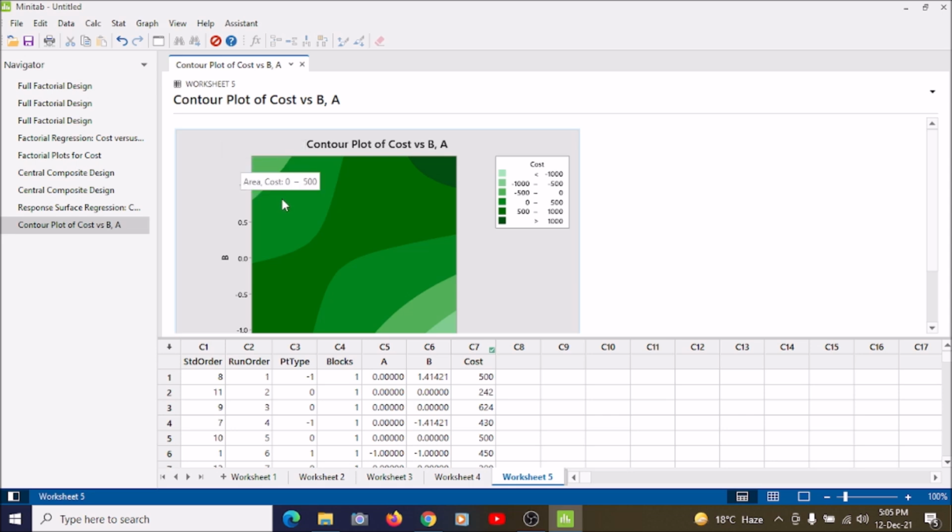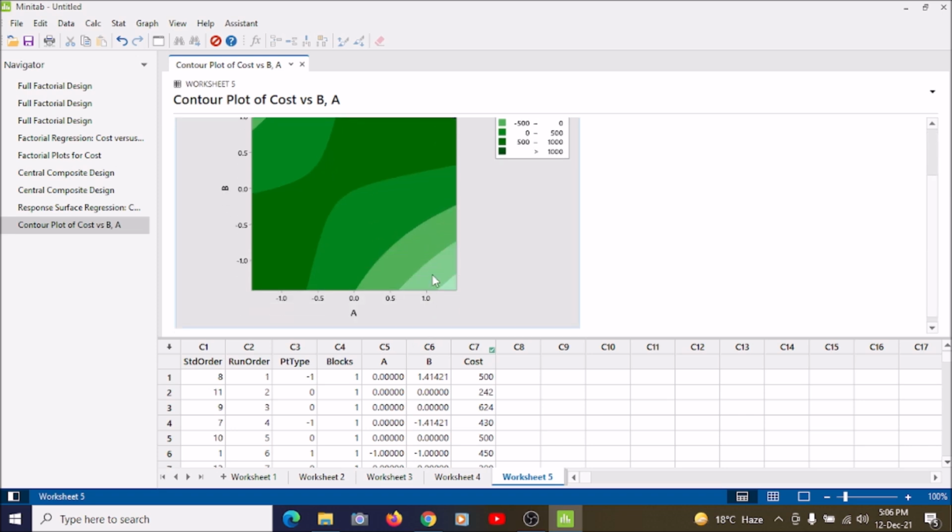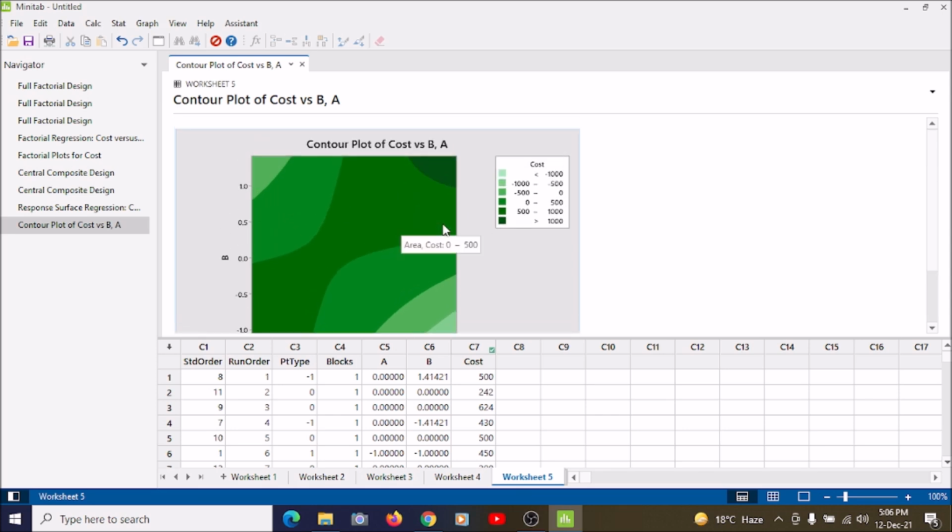Actually this is a range which is the area of cost 500 to 1000. And in this area 0 to 500, and here is from minus 500 to 0. And in this area 0 to 500, and this is from minus 1000 to minus 500, and here the most less than minus 1000 all the values came. So students,